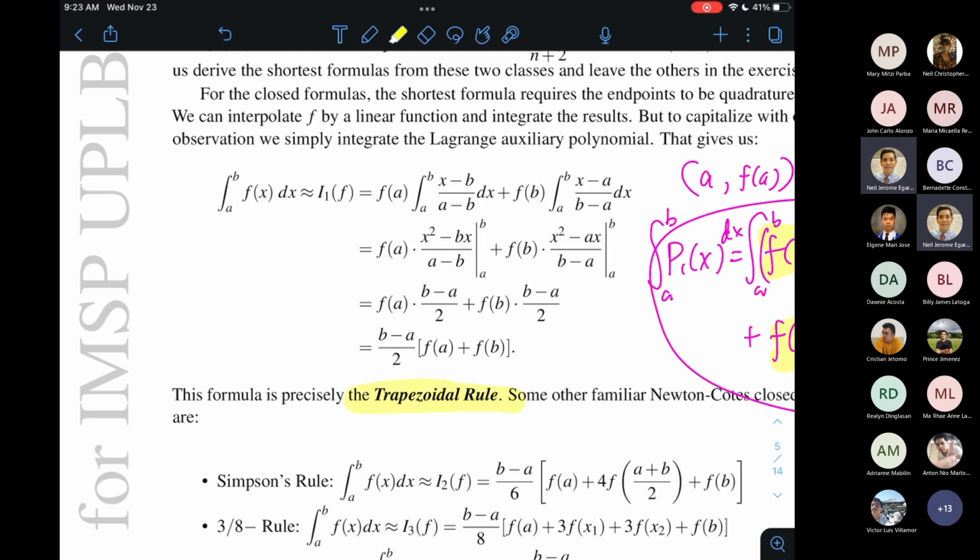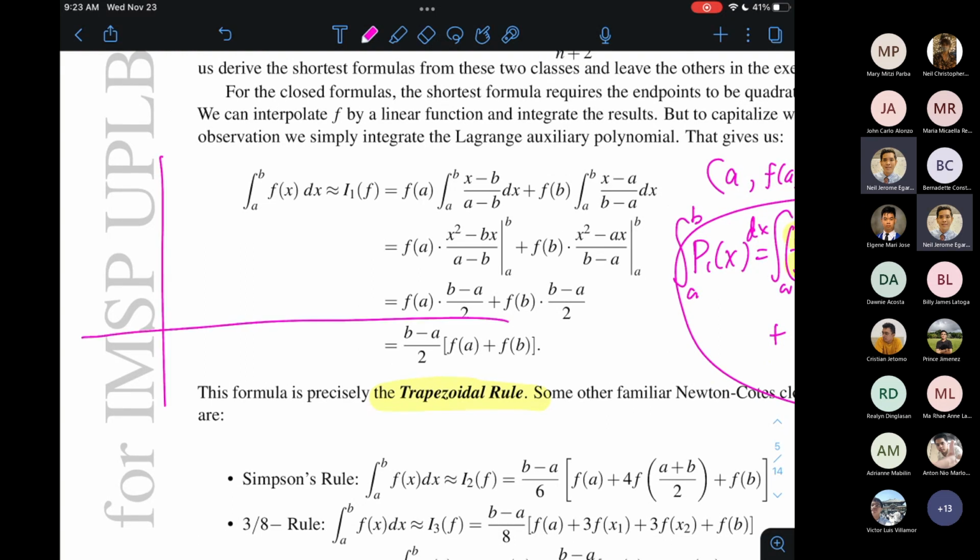So yung natutunan nyo, saan nyo ba ito natutunan, trapezoidal rule? Sa Math 37 din ba? O sa high school pa lang nag-trapezoidal rule na kayo? So ito, dito na-derive yung trapezoidal rule. Yung trapezoidal rule na natutunan nyo before, ano pala siya? Na-derive siya by integrating the interpolating polynomial of degree 1 using the endpoints of my interval, which makes sense because